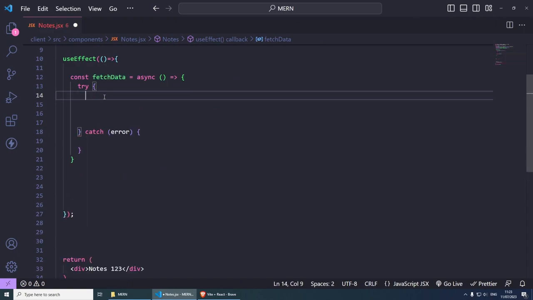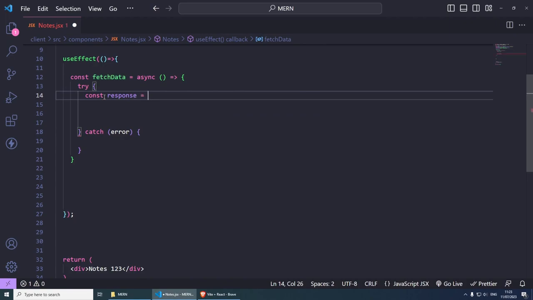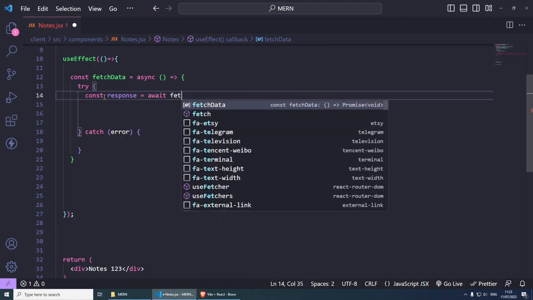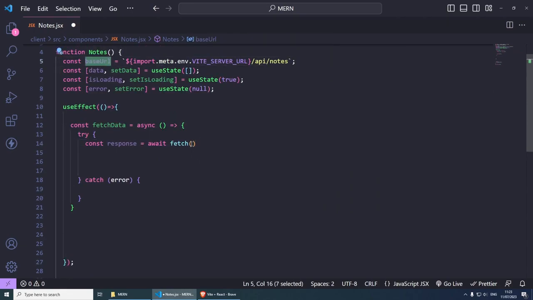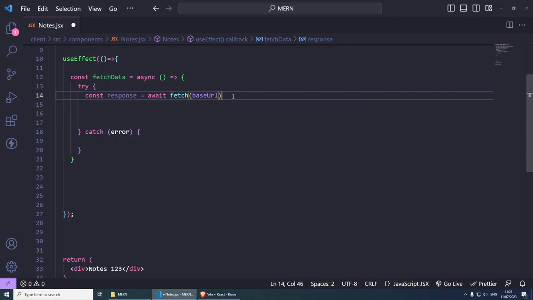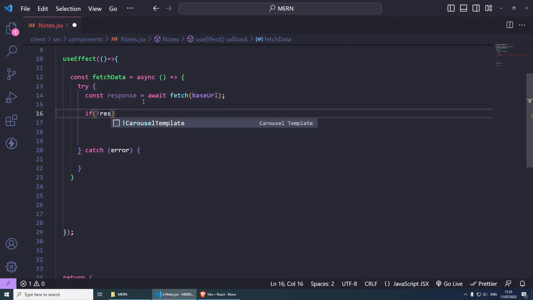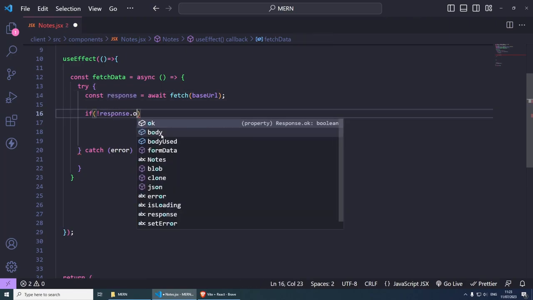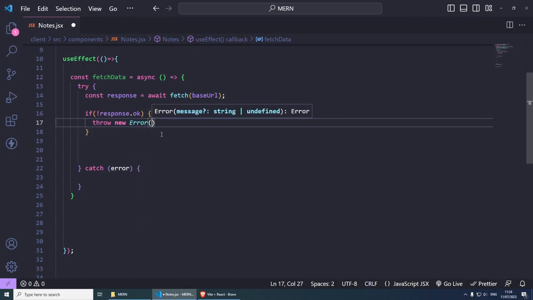I'm going to store everything in a response, so const response equals, and then this is going to be await fetch, and then we need to paste the URL in here, but we've already saved it in the base URL, so I'm going to paste it inside here. So this is going to be where the whole URL comes in, which we are fetching, and now we can check for the response. So if the response is not okay, so we're getting the response.ok, we can throw an error, and let's say failed to fetch data,